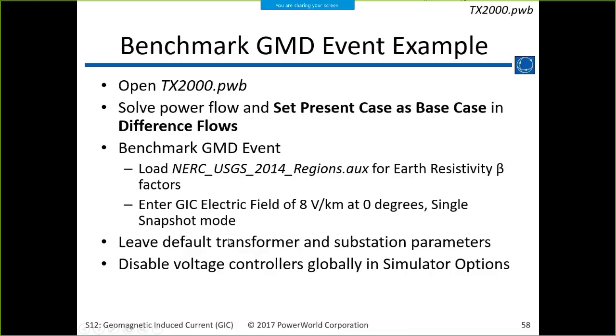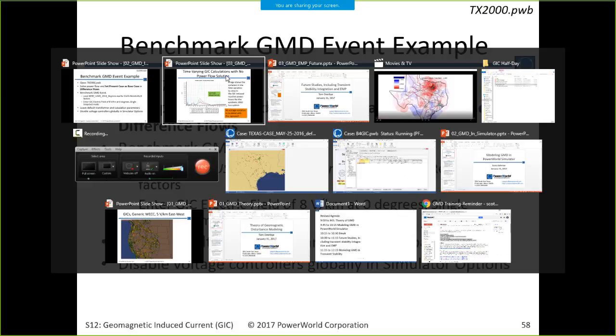Okay, so we can do an example of this on a synthetic case similar to the one that Tom showed in the slides earlier. And I'll open it here. If you have the full version of Simulator with the GIC add-on, you can follow along with the same thing. If you don't have the GIC add-on, you won't be able to do the tools, or if you have the free evaluation version, it will not open this case, but you could open the 4-bus case and do something similar. But I wanted to be able to show it on a utility scale case right here.